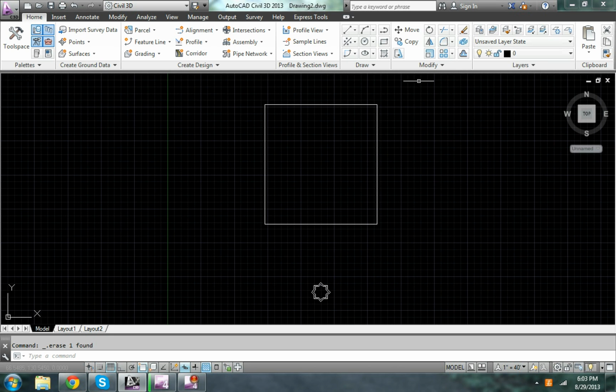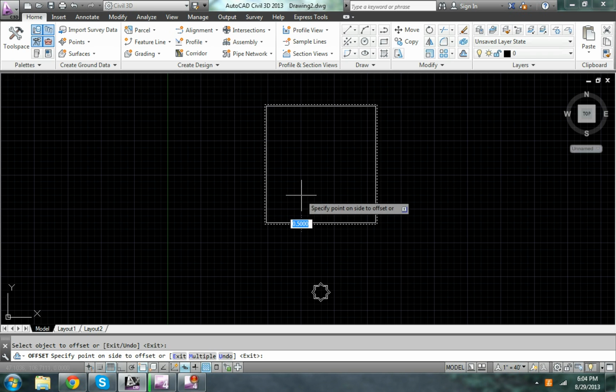So we're going to use that offset command again. Offset. Specify offset distance. It's set to what we previously used, so it's still the right setting. So I'm going to hit enter. Left click. Now left click on the inside. I've now just created 6-inch walls. Woo! Okay. The next thing it asks us to do is trim a 3-foot door opening at the bottom center